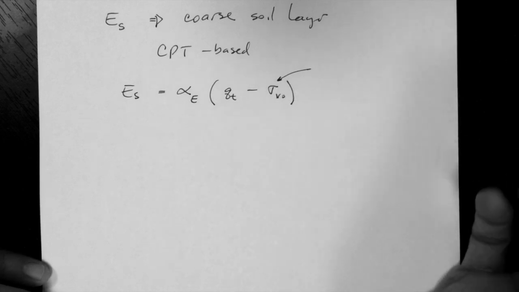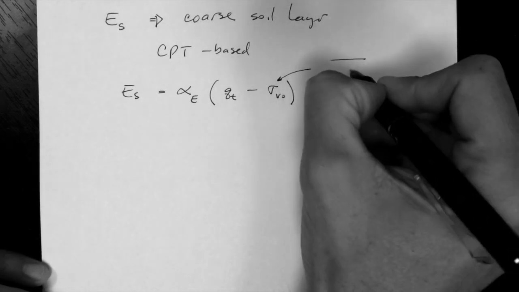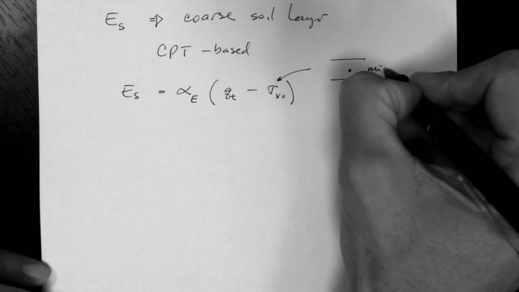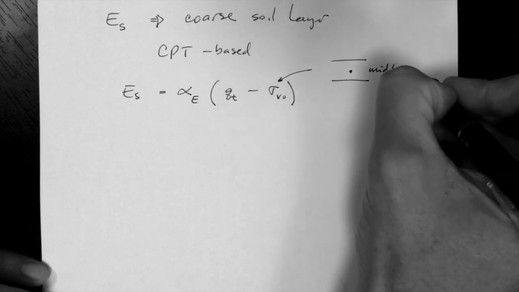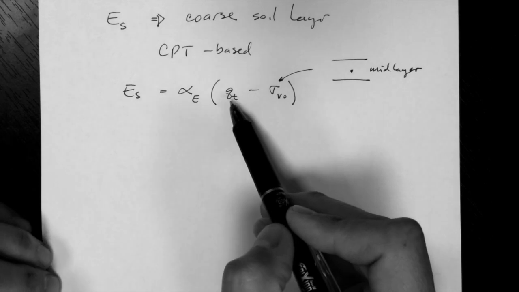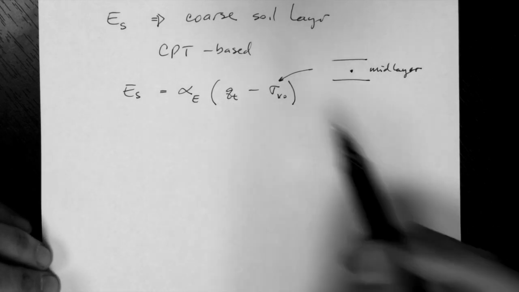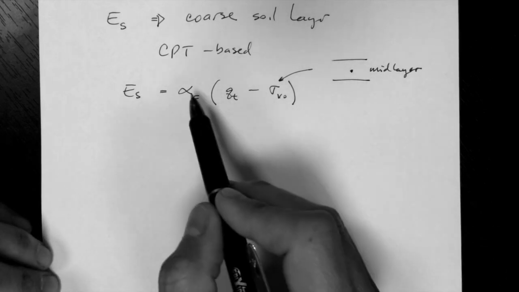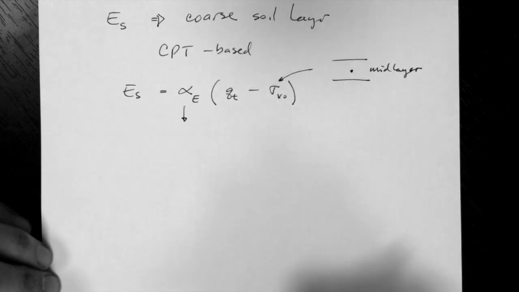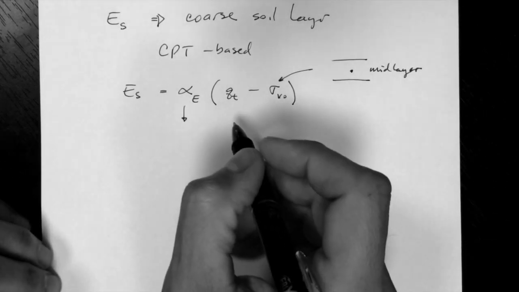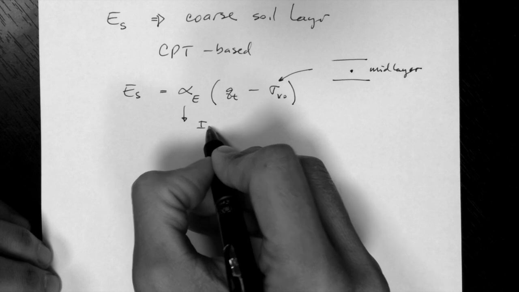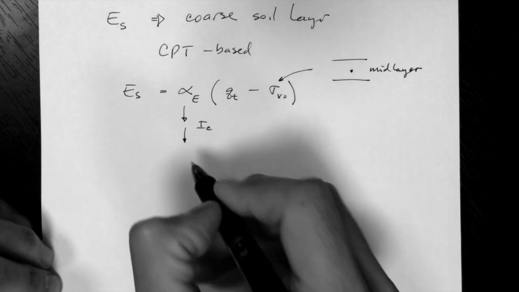What point should we pick? Mid-layer to represent the layer. This is the corrected cone tip resistance associated with the layer in question. And then this alpha E is a function of the IC parameter, which we use to classify soil. So the equation is